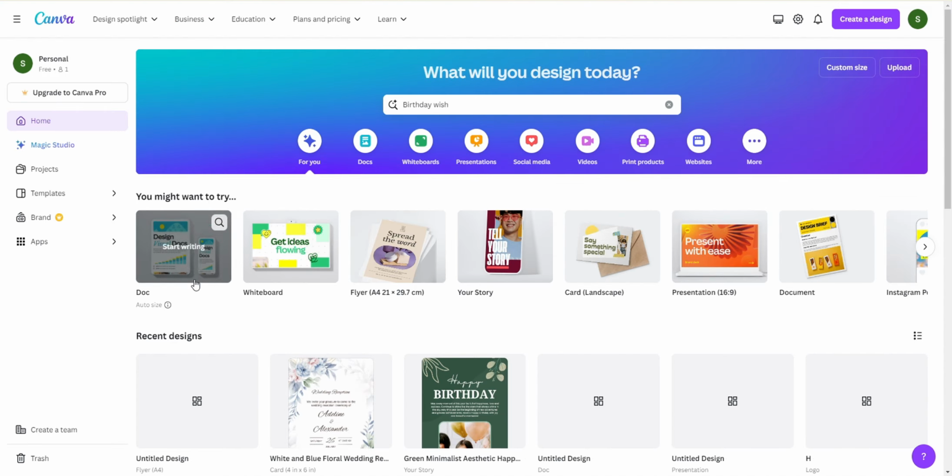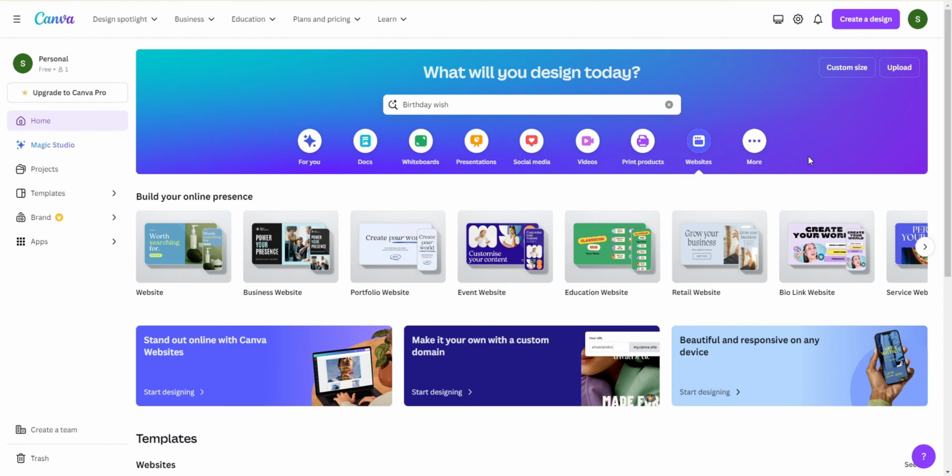And not only whiteboards, you have one more option, which is website. Yes, you can explore this one also to develop websites by using this Canva application. So like this, the Canva application has many benefits for you. As you've seen, you can create resumes, YouTube thumbnails, social media posts, videos, and whatnot. Everything you can create by using this Canva application.